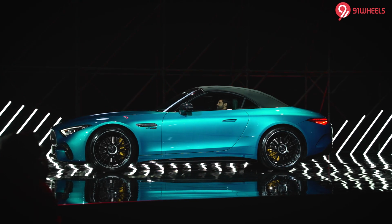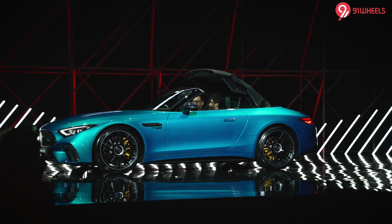If you have a budget of rupees 2 crores or more and you are looking to buy a sports car, well, what pops in your mind? For me personally, Mercedes is the first brand that pops up in my mind. And when we talk about a sports car, the regular sports car image that pops in our mind is of a two-door convertible, right? Well, Mercedes has brought the SL, Super Light, brand once again in India after 12 years